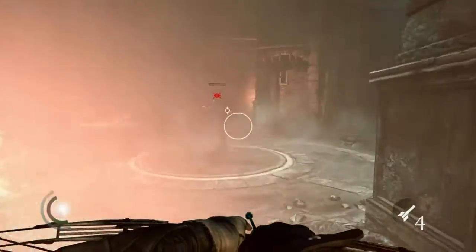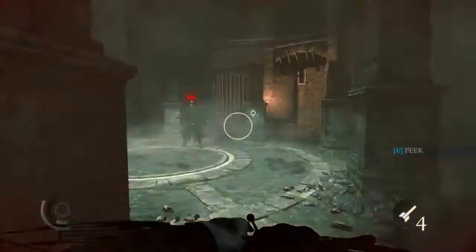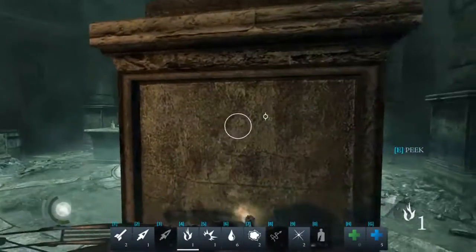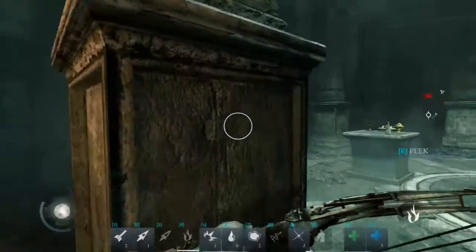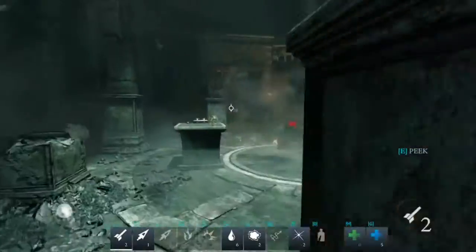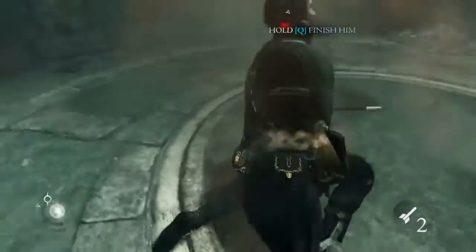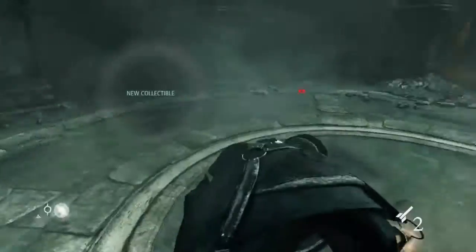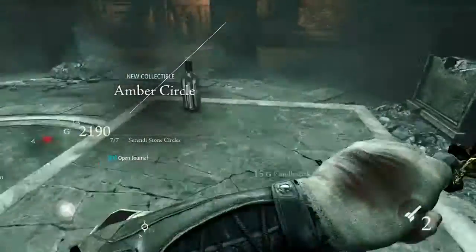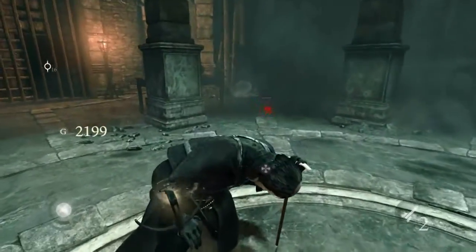I mean, he's a bit dumb sometimes. He thinks you're at the other end of the room and whatnot. But yeah, just throw all that you've got at him, and he'll be pretty easy to kill. And then once he gets down where you have to finish him off, just pickpocket him, and that will get you the collectible. So there we go, that's all the collectibles for Chapter 7, and Chapter 8 is immediately after, so...